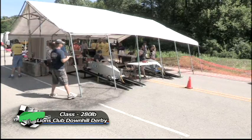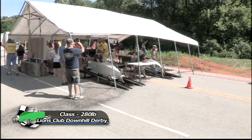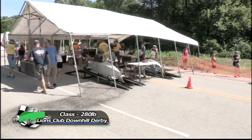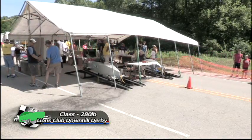Yeah, you mentioned earlier about a family affair. It is a family affair. You have the families that get together, the father-sons, the father-daughters, the mother-sons, the mother-daughters. They get together, and they design these cars. And I like the eagle there with